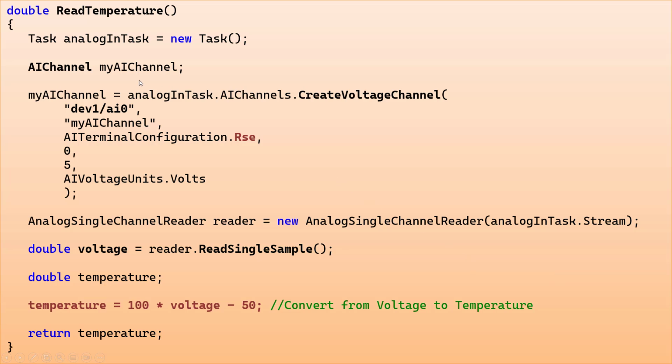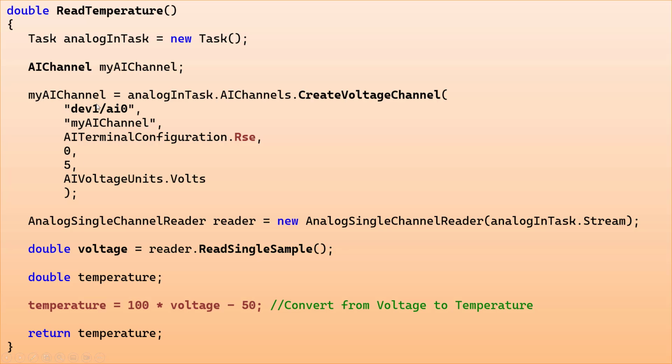So here you see the important part of the code. Here I have just created a simple method called ReadTemperature. I will show the entire code later, but I just go through the basics. The code structure is the same as in the previous analog input example, where we used this battery as an example. So first we need to create an analog in task, and then an analog input channel, and then in the analog input channels we can use this CreateVoltageChannel method and set the different properties for this specific